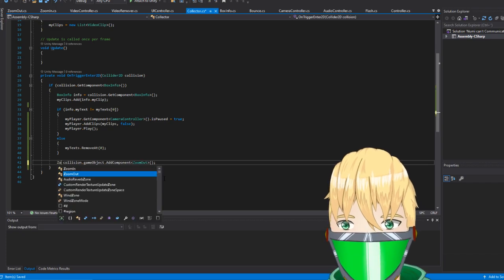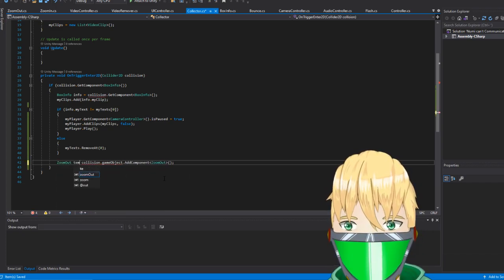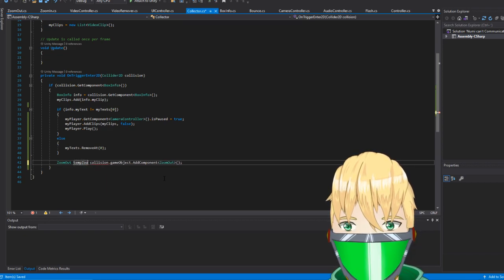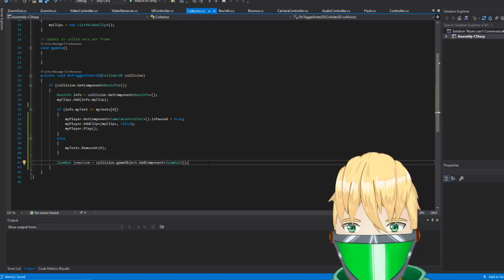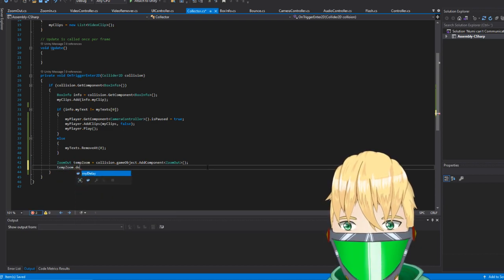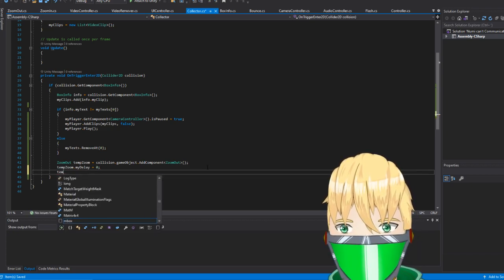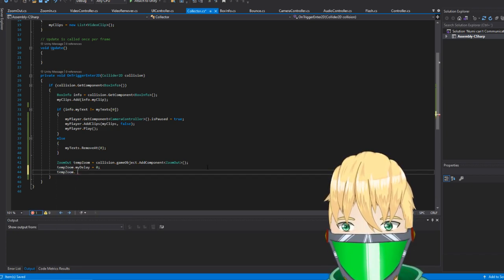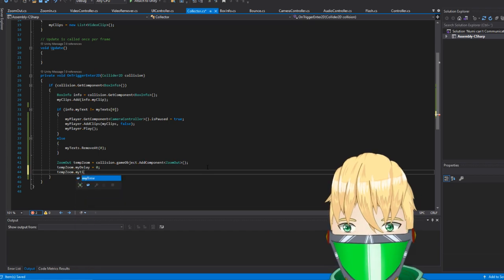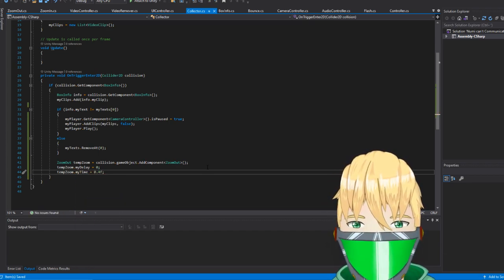This is so stupid, but it will actually look better. Temp zoom. And we will just set temp zoom.myDelay to 0, because we don't need any delay there. And temp zoom.myTime we'll set to 0.4. I feel like that should be fine.